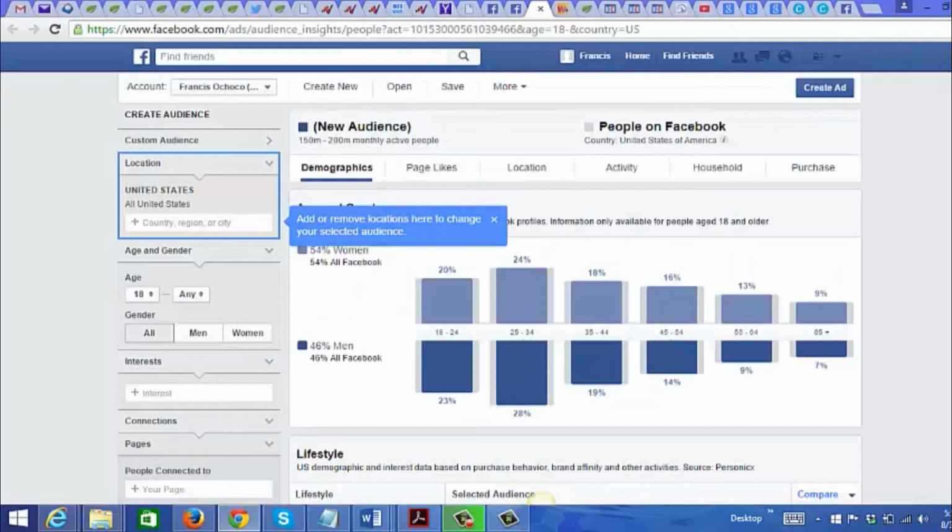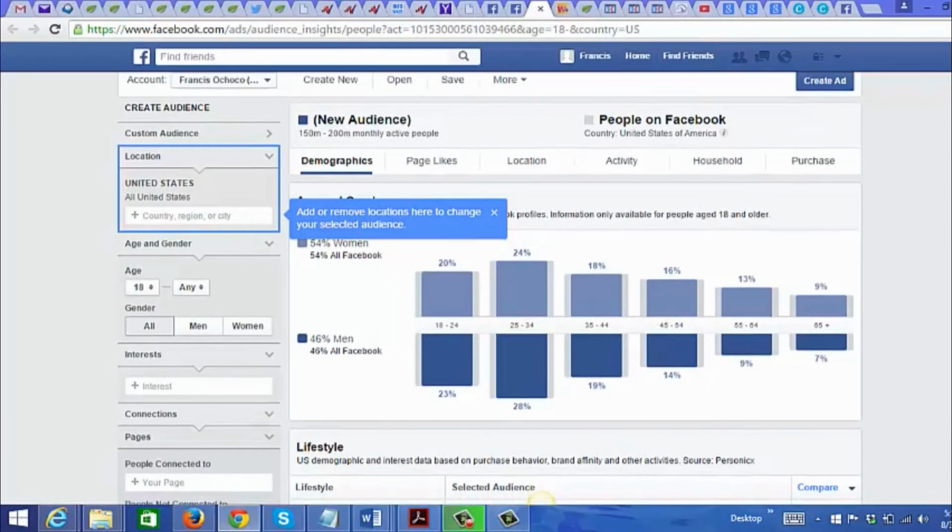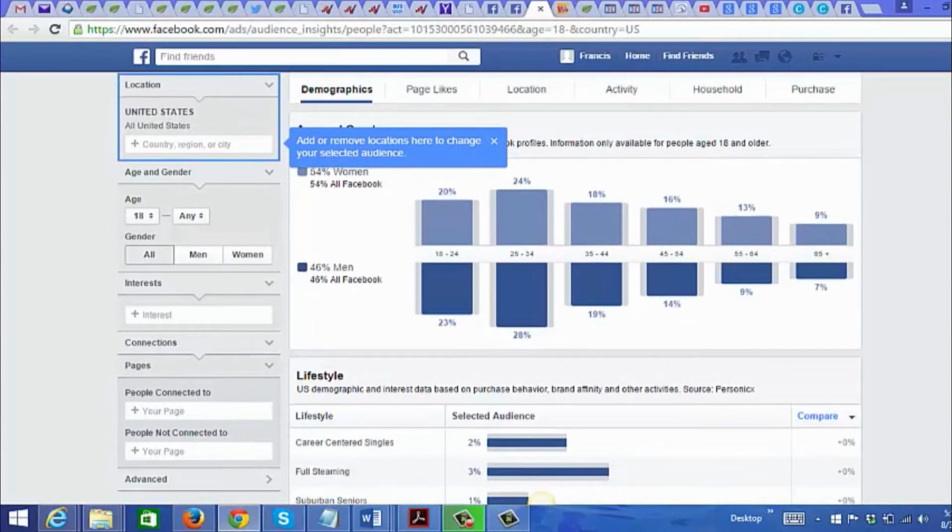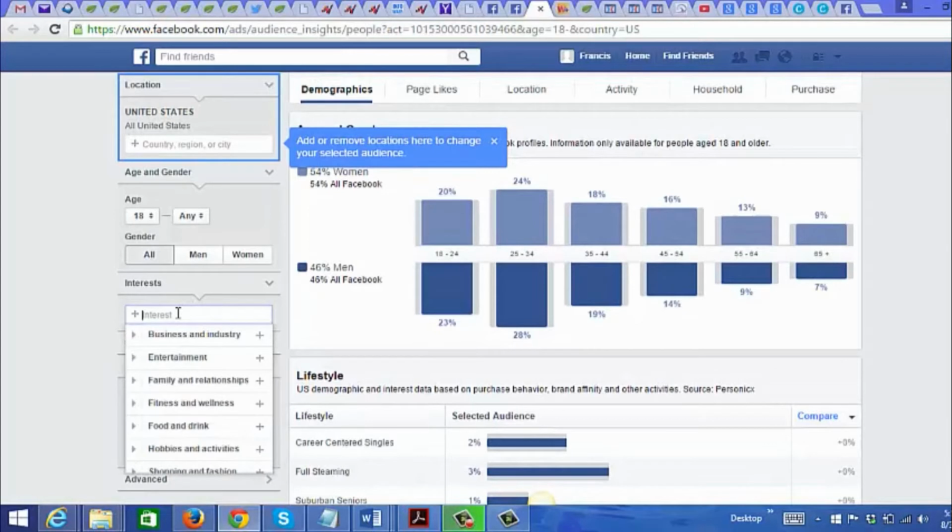So you could get lots of information about your audience on this page here. And what you would want to do is go to interests and type in your keywords or a public figure in the niche that you are marketing to.